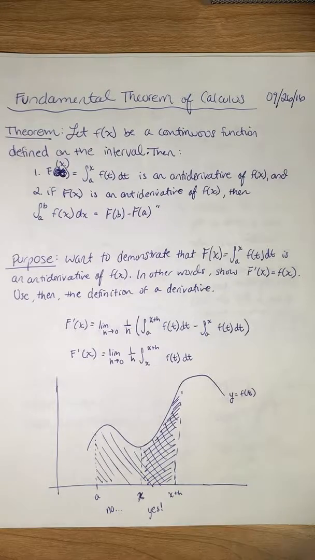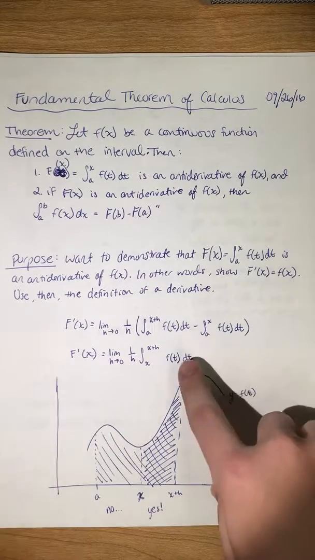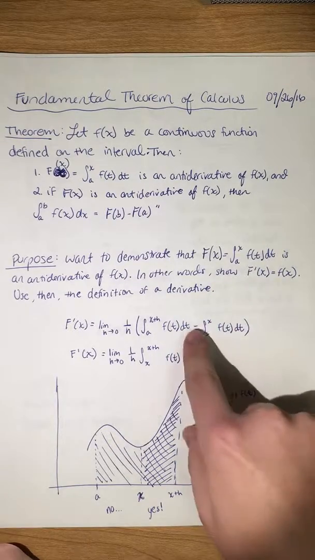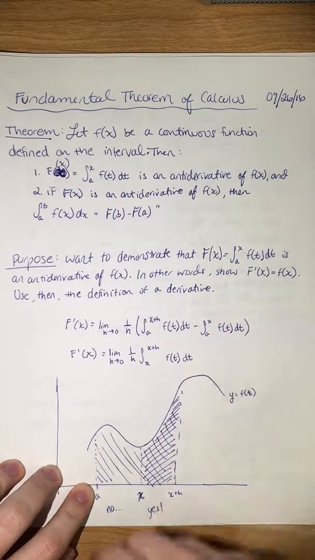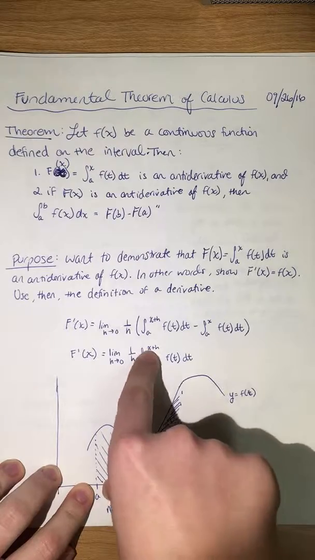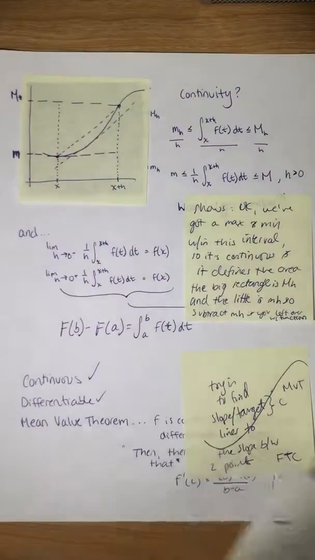But we don't want the a to x part. If you look down here, we have a graph, and we have a, x, and then x plus h, but we don't want that part. So we just reverse that. We reverse the sign right there, which means that we also flip this, and the a's cancel out, so we get the x on the bottom and the x plus h on the top. And so, given this,